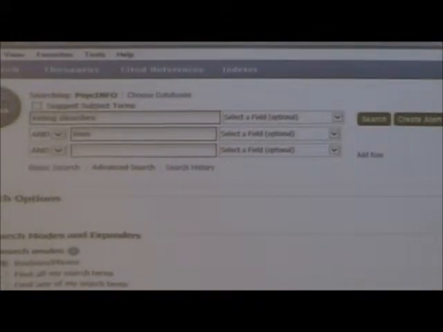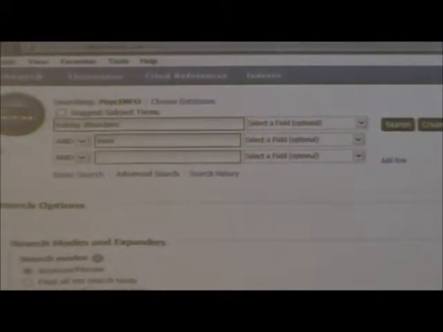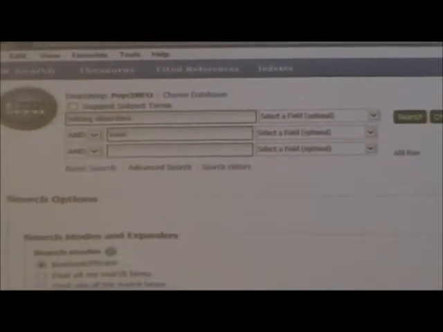And I did a sample search. I picked something, I don't know if it's relevant to what you might be doing. I wanted something where I might get a small number of results, but yet significant results. So I picked eating disorders in men. And I'm going to do the search in other databases just to show you a comparison of what you get in the databases. And you can see in PsycInfo, you get